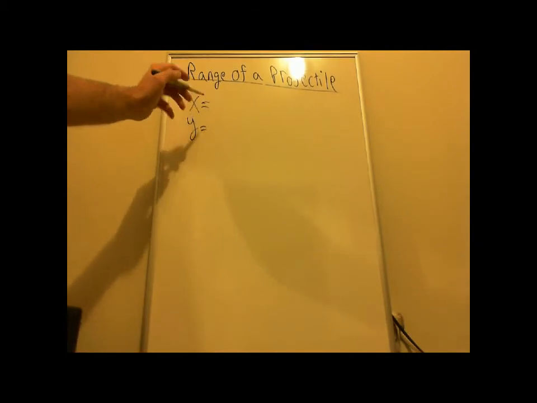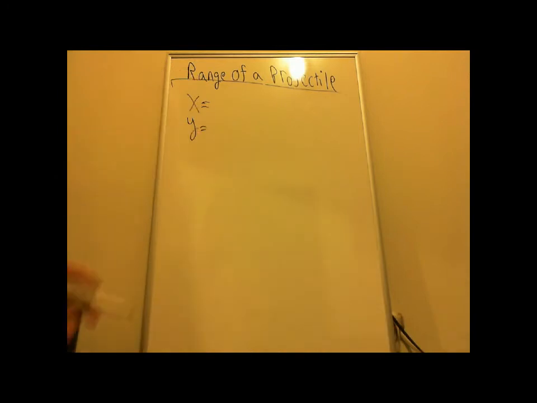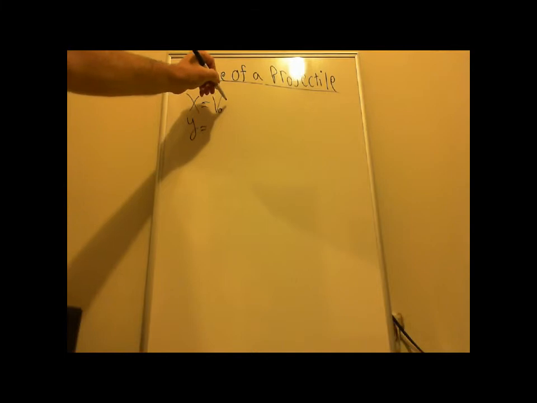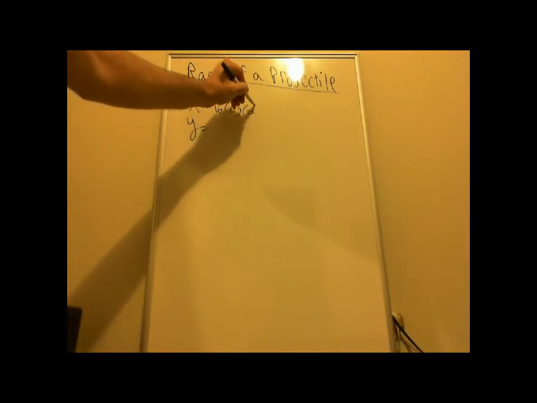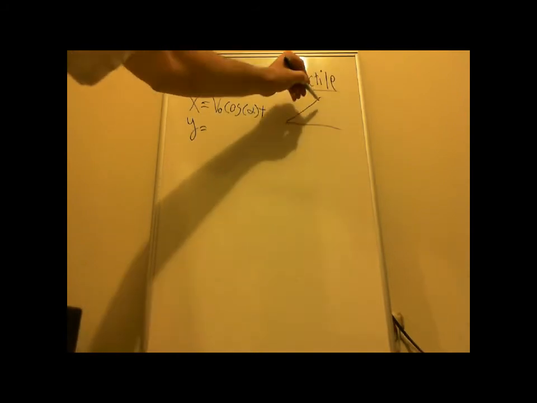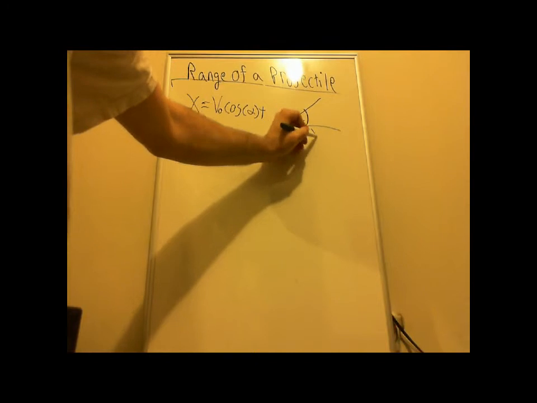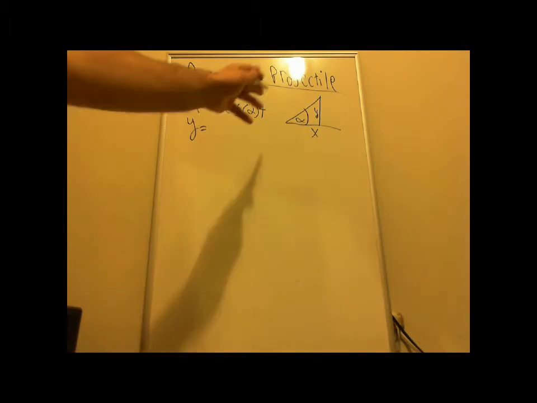For the x, that's going to be the distance traveled, so we know if the particle starts with an initial velocity of v naught, it's going to travel the distance v naught cosine of alpha times time, and I'll draw a picture over here. Got alpha, and this will be x, and this will be y. And yeah, so the distance traveled is going to be